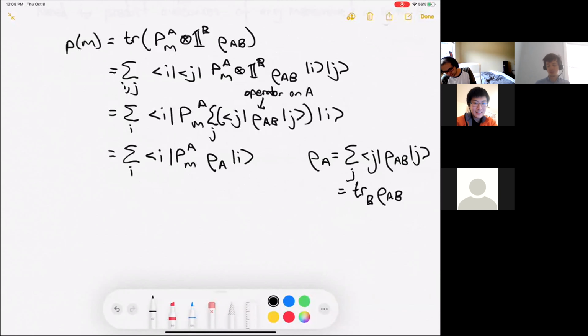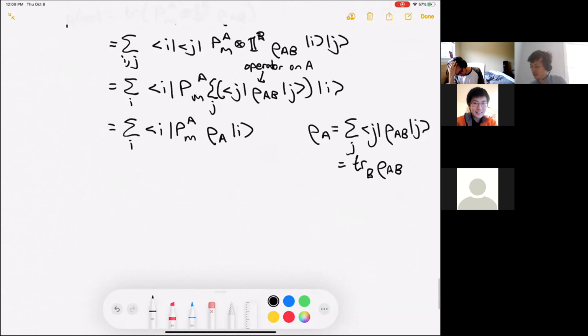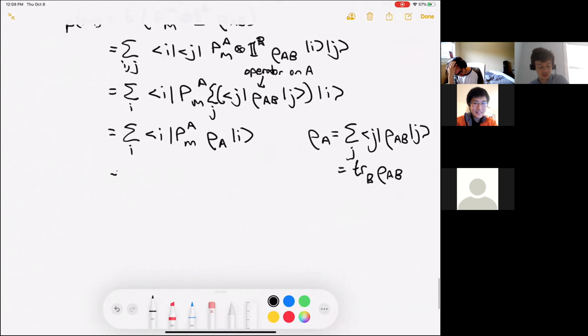Okay, so an ordinary trace, we just trace over the entire Hilbert space. It would take our operator acting on the entire Hilbert space and just convert it into a number. This time we're only doing a trace over the B system. So it's converting our operator that acts on the whole tensor product of A and B into an operator that acts only on A. And so this in turn is just a trace of the projector times rho A.